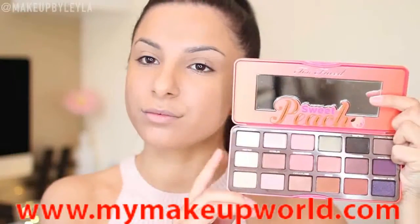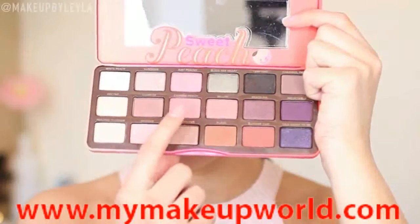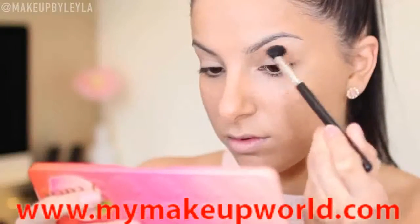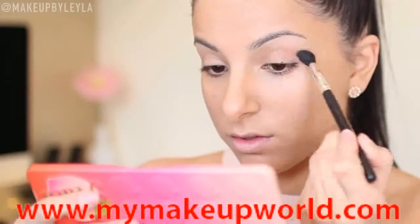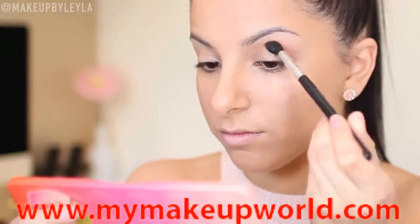For my eyes, I just knew I had to use the new Too Faced Sweet Peach palette, and I'm first of all just going to be taking this colour right here. This is called Candied Peach, and I'm going to be applying that into my crease to really bring out that peachiness in the crease. I'm applying this with a fluffy blending brush to really make sure this colour gets nice